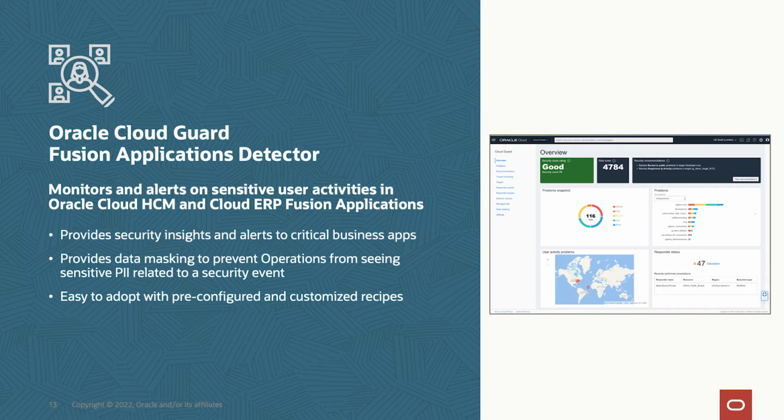With Fusion Applications Detector, customers get a consistent way to secure their applications across infrastructure and SaaS. And this offers customers a consolidated view of their security posture in Oracle CloudGuard. Let's hear from Jeff Wierer with a demo about how these new services